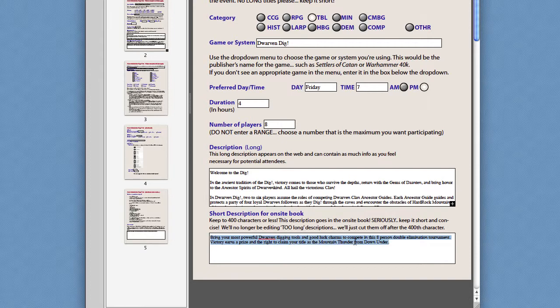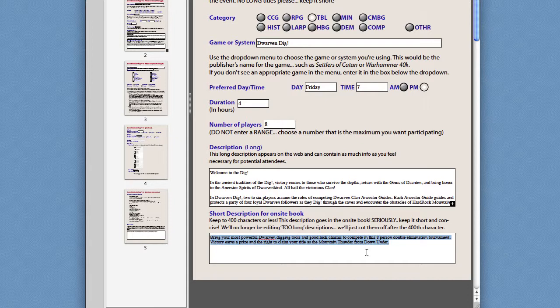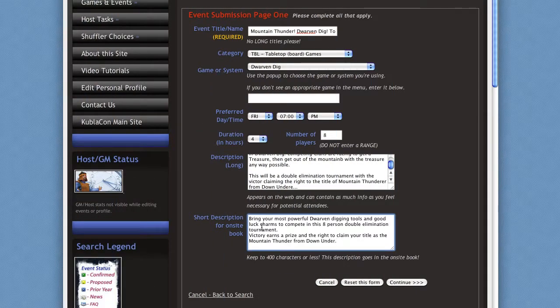For the year 2013 and moving forward, any descriptions longer than 400 characters will be truncated after the 400th character. In the past, we've attempted to edit and abbreviate your descriptions to fit our format. However, we're asking you to edit your own submissions by keeping them under 400 characters. Once you've completed the fields on this first page of the event submission form, click the Continue button to go